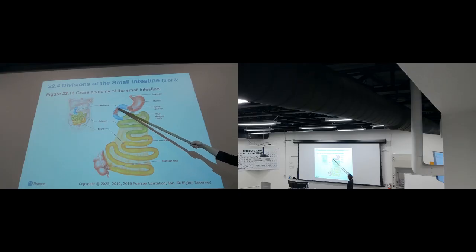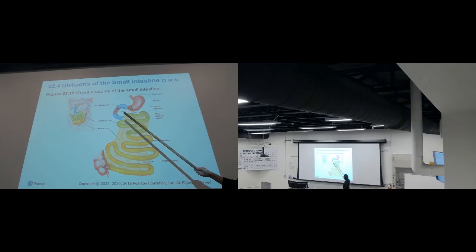In the second region, which is this, that's where we have an opening, which is called the duodenal papilla. In this opening, we have emptying of the contents of the liver, which is bile, and also the pancreas, the pancreatic juices. Now, for the jejunum, we have